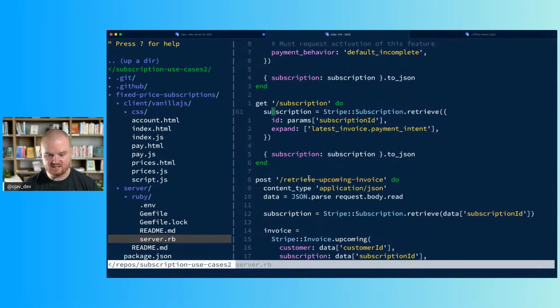All right, so in this case, we want to retrieve the subscription that was just created in the previous step, and we do want to expand the latest invoice's payment intent because we need to retrieve this related payment intent, since we want the client secret that is attached to that payment intent in order to confirm on the client. We removed it from the previous step because we weren't using it on that page, we're only using it on this page. So let's